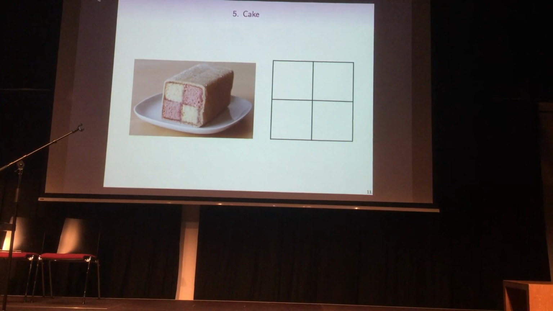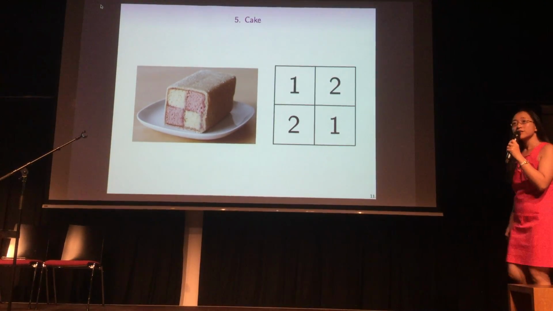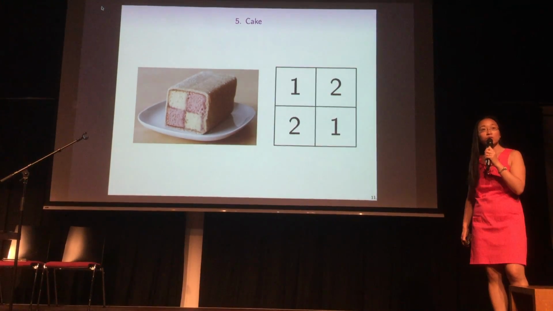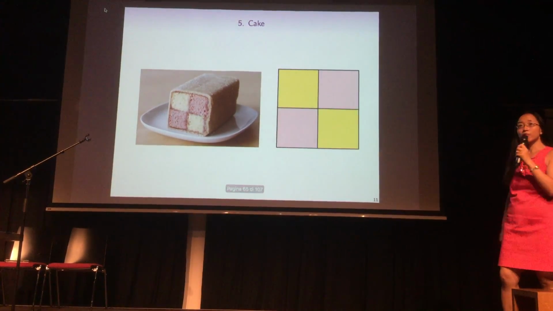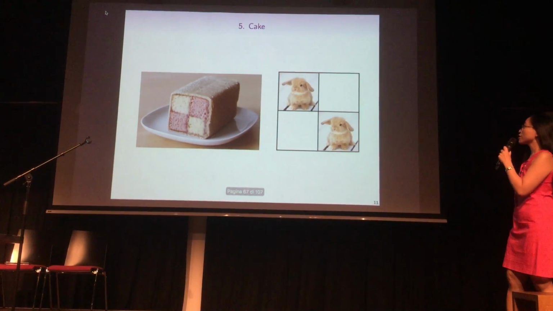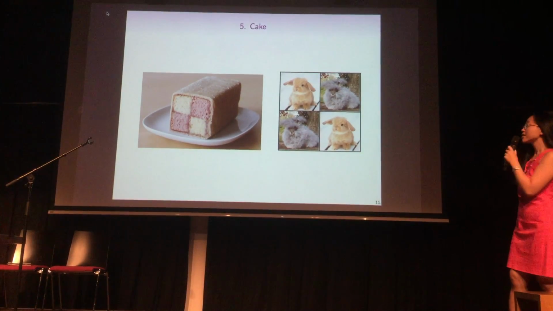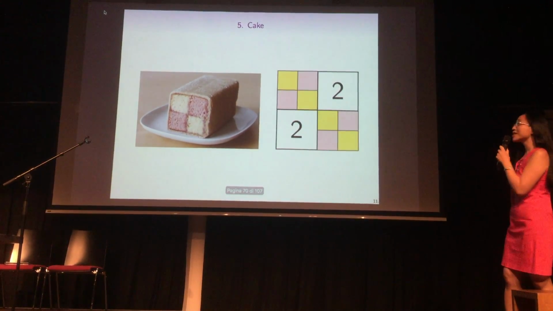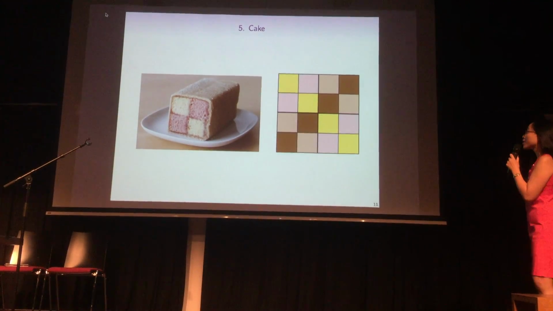Battenbergification says I'm going to take a grid and I'm going to paint like numbers. So all I have to do is tell you what's going to go in position 1 and in position 2. So it could be yellow and pink. Or it could be chocolate and more chocolate. It could be a bunny and another bunny. Now I've Battenbergified a bunny. Or it could be one type of Battenberg cake and another type of Battenberg cake,